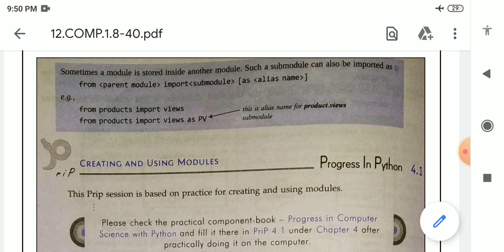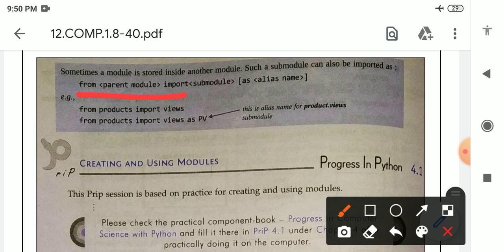The example will be like this: from products import views, where products is a parent module and views is a submodule. In this way we can import a module which is present inside another module.